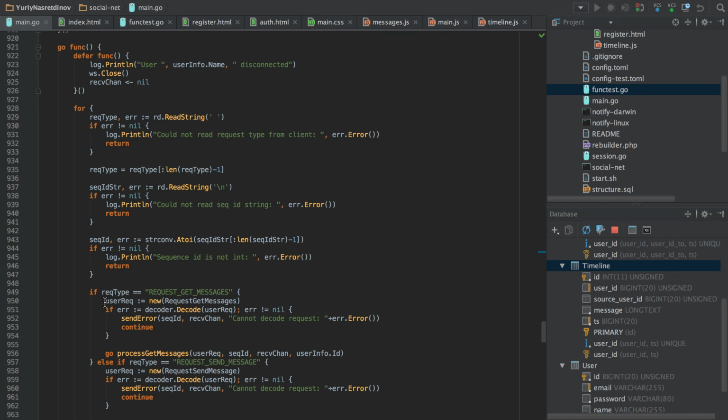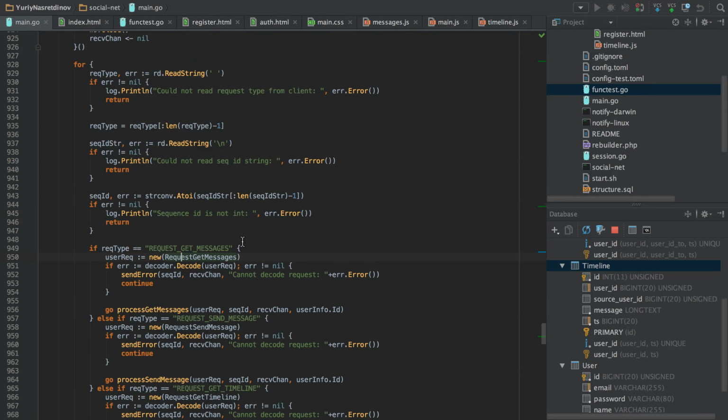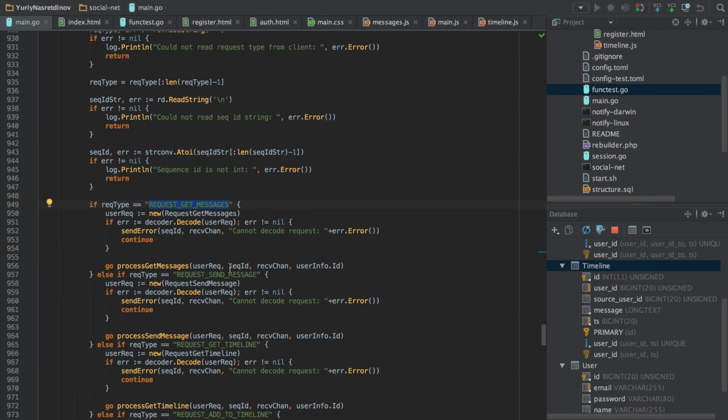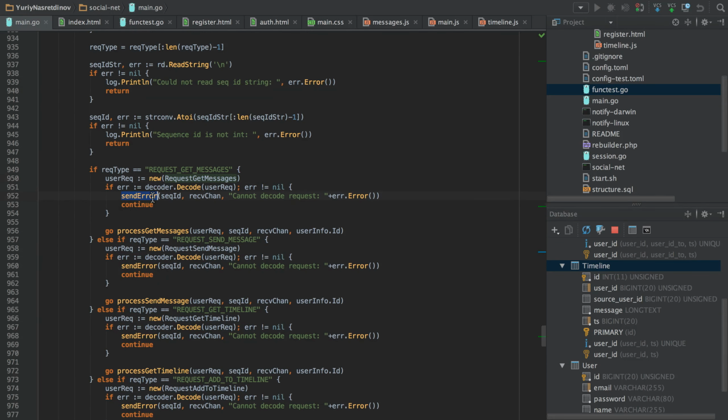As you can see, we have the same code, but it differs only in the request types that we have. For example, for the request get messages, we have this type of structure, and for other requests we have something similar, and for now it is basically copy-paste, and if an error happens, we call the send error method.